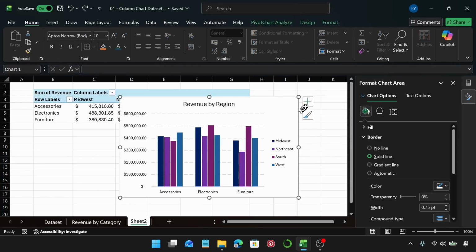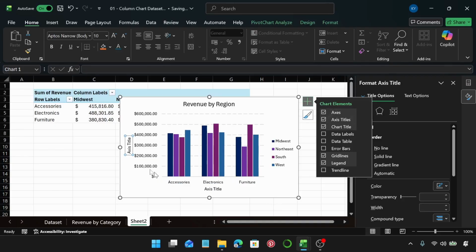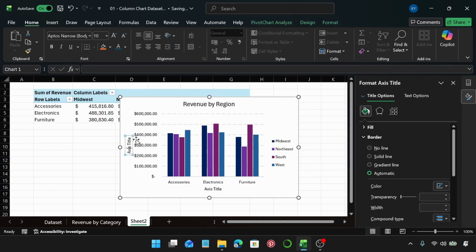And I could even, let's say we have the legend here, so we have the region here. For this one we can add an axis title. So now let me say we don't need this. This one is obviously the revenue. So you know what, let's even do that. I'm going to add revenue, although our chart already says revenue. Just in case, we'll say this is revenue, and then we'll say